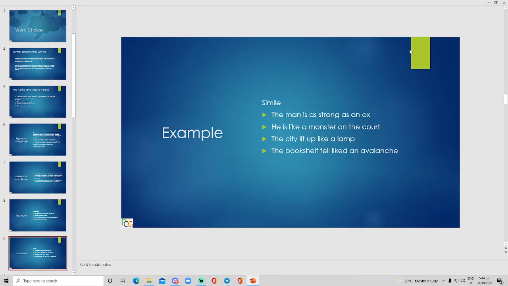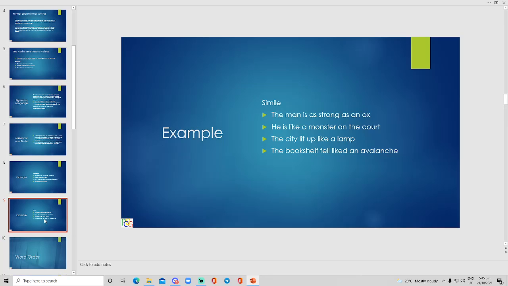And in contrast now, we have, oh, that's the last one. Do I not have, oh right, I didn't even see it change. In contrast now, we have examples of the simile. So for the simile,